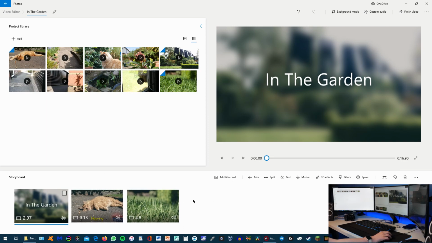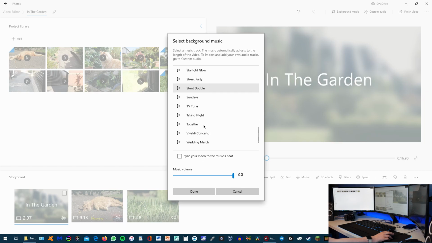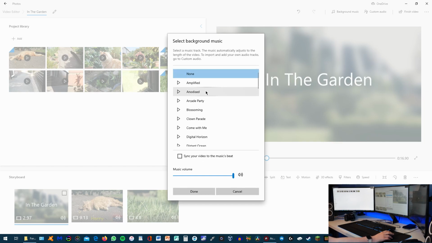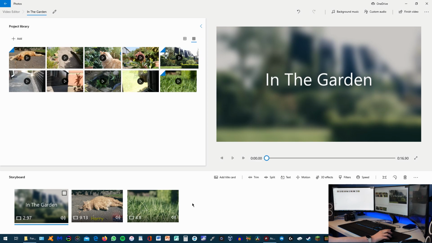So now I want to add my music. So we can add custom audio, or we can use background music that they already have. So I'll just listen to a few of these, and then hopefully we can choose one which is suitable. Out of all of them, I really like the TV tune one. It doesn't really go with the overall theme of the video, but I kind of like it. It's kind of 90s style, I like that, so I'm actually going to select that one,